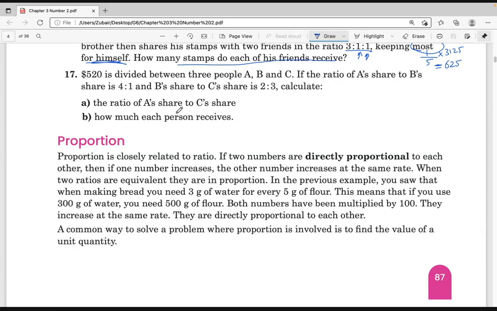The best way to solve this question is just to sum up all the data. A ratio B is already given 4 ratio 1, and then B ratio C at another place is given that when B is 2, C is 3. Now you can see